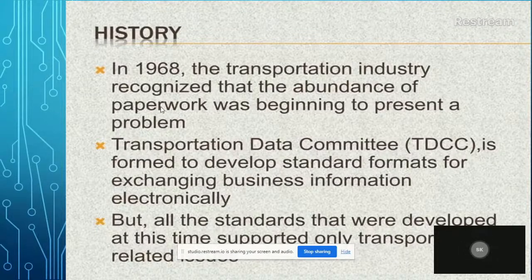In 1968, the transportation industry recognized that the abundance of paperwork was beginning to present a problem. In that year, TDCC was formed to develop a standard format for exchanging information electronically. TDCC is nothing but transport